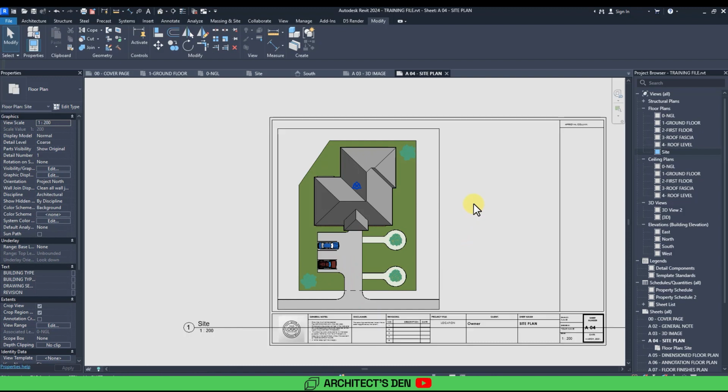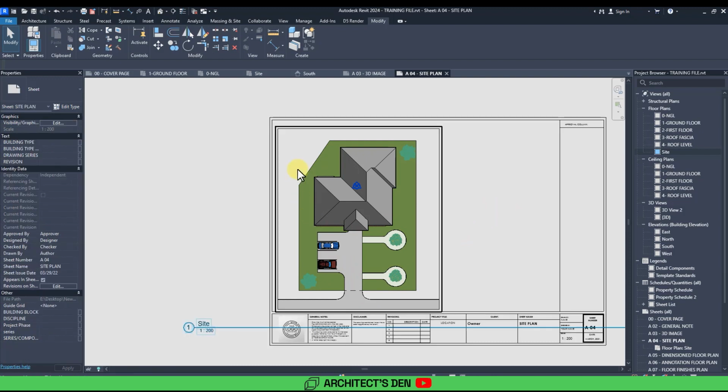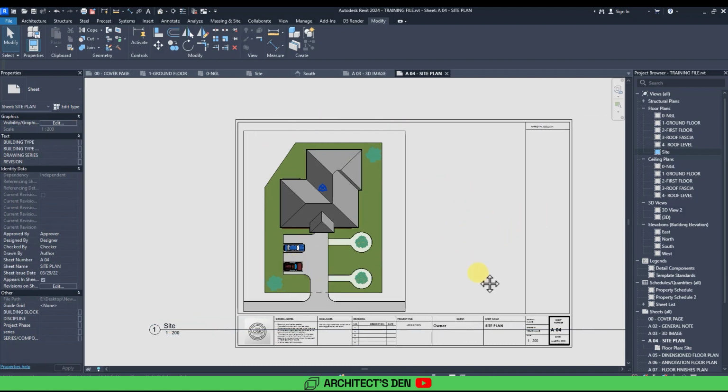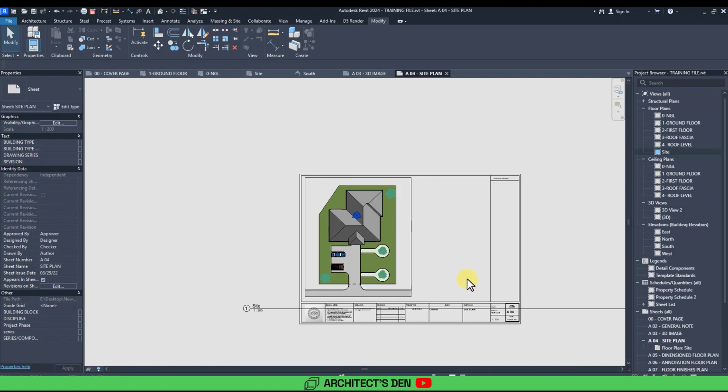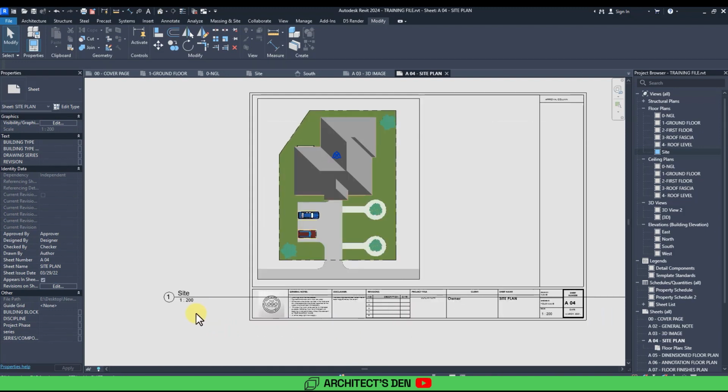After this, double clicking outside of the view, outside of the crop boundary of the view, will allow you to deactivate the view, and then let's say move it up a bit, move it to the corner, and then position it properly. The next thing I want to do is to